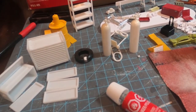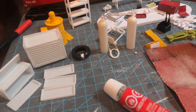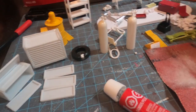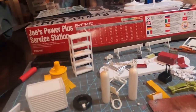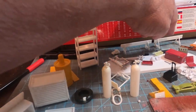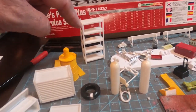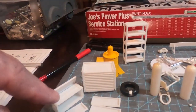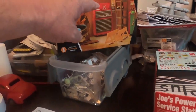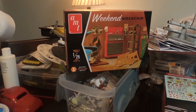All right, guys, so we have some stuff to paint here. We have all these tools to paint here. We have the model car over here to paint. We have these two barricades to paint, the shelves to paint, this welding group to paint, and we also built these toolboxes. They were all from the weekend wrenching kit,